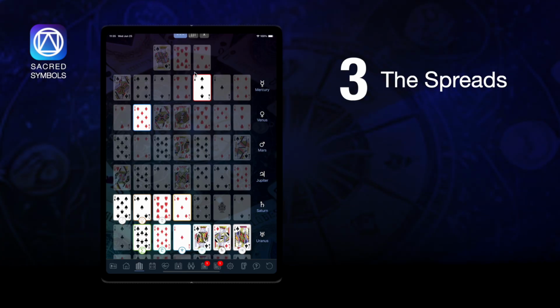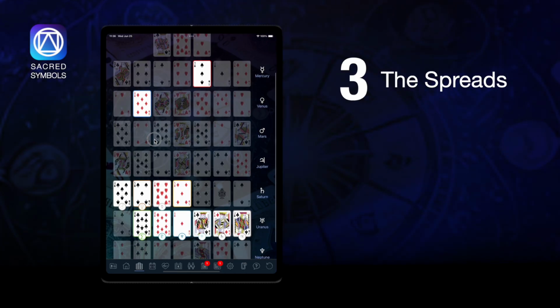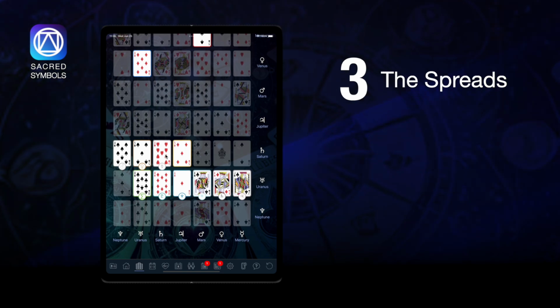That one with the red outline is the card that the 5 of diamonds is displacing this year, because in the mundane spread, this 3 of spades sits in this position. And at the same time, we can't see this here, but the 8 of spades would be highlighted in green, because that is the original place in the mundane spread for the 5 of diamonds. And then we've got a year card, which is the 8 of diamonds, and you remember that from the home screen. What you can do is you can click on any card,